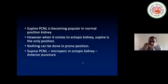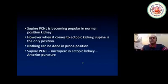Doing supine PCNL for kidneys which are in an ectopic position, and if you talk of a supine PCNL in an ectopic kidney, probably that's the only position in which you can do PCNL. There is no question of doing an ectopic kidney situated in the pelvis in a prone position. And we have been doing this PCNL. I'm going to show a quick video about the microperk which we perform in the supine position